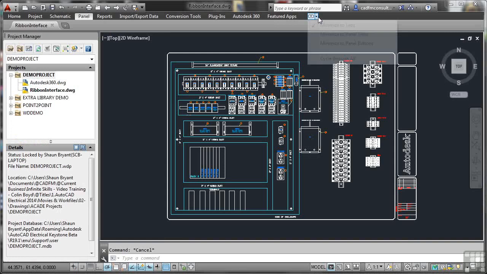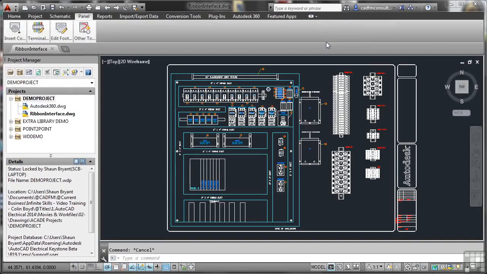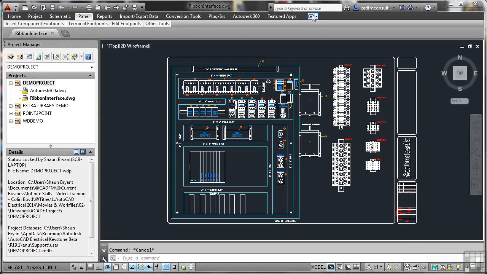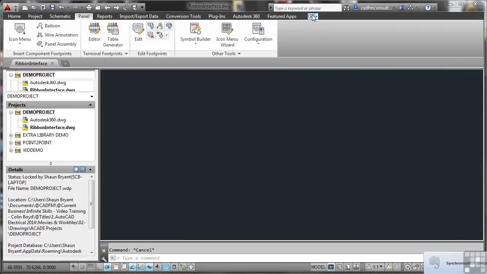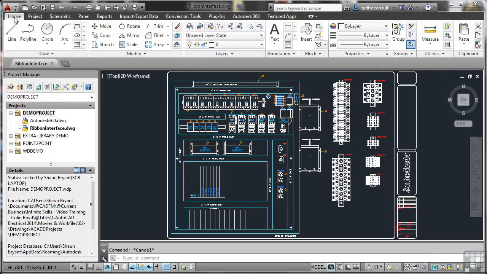If I click again, I can minimize to panel titles, like so. If I click again, I can minimize to panel buttons, like so. I can also cycle through all of them, and as I click through now, it goes through each one as I click, and then I go back to where I was at the beginning, the default setting. So I can go back to the Home tab now, and you see I get all of my home panels